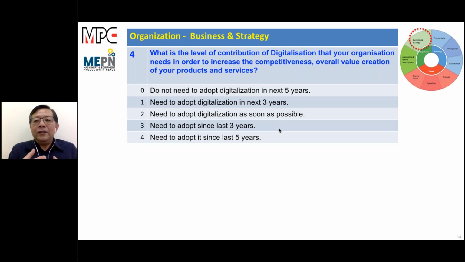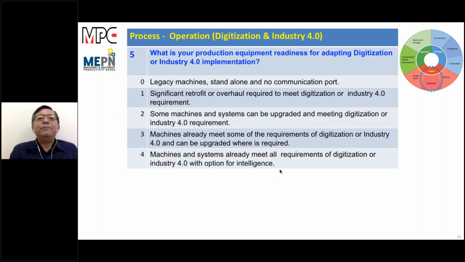Is it very urgent, needing immediate implementation or not? That is the reason. Okay, so the next question, question number 5, we already start to touch on